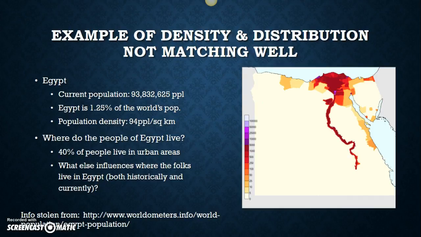So when we talk about Egypt, 40% of folks live in urban areas. And by the way, I took this from the website worldometers.info. But 40% of people live in urban areas. They live in cities. Cities are large towns. And when we look at historical influences and current influences, what we're really looking at,